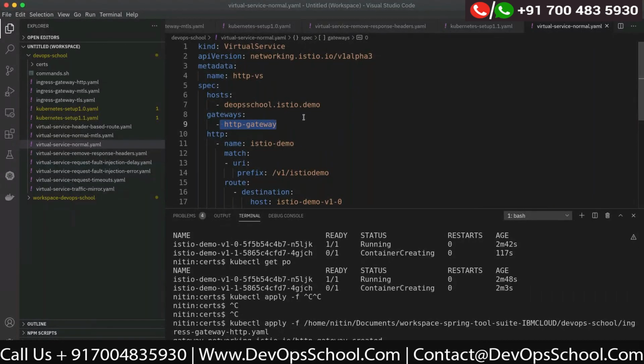Now, a virtual service you can attach with multiple gateways, but for a particular gateway, there should be only one virtual service. What I mean to say is, if you have n number of gateways, you can probably have multiple gateways here. But if you have a gateway HTTP-gateway in this virtual service, then you cannot have this gateway in some other virtual service as well. So the gateway is closely linked with a virtual service, and the virtual service is the component in Istio which actually routes the traffic to a particular actual physical service, the Kubernetes service. So let me draw a diagram and make it clear for you guys.